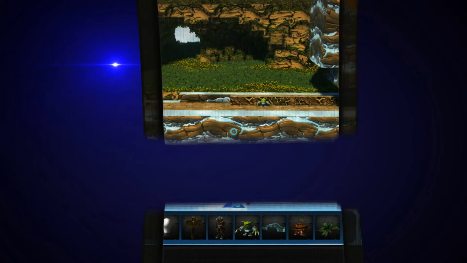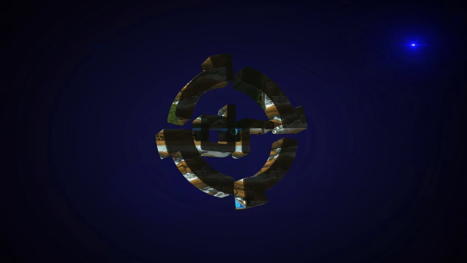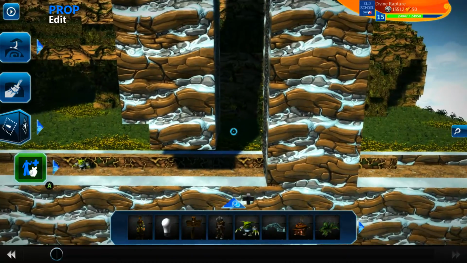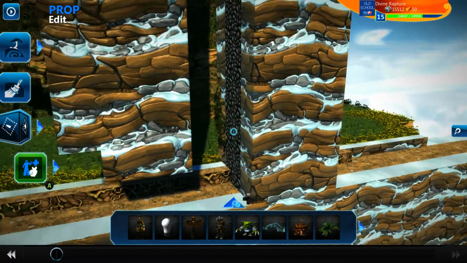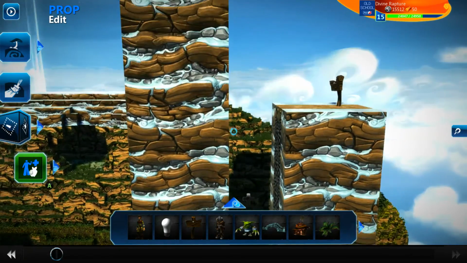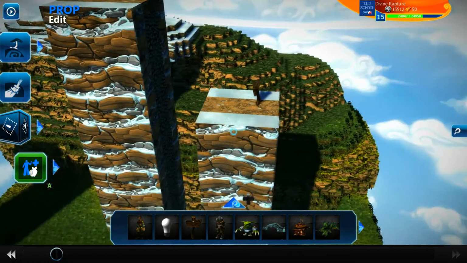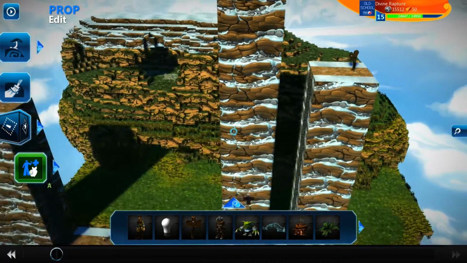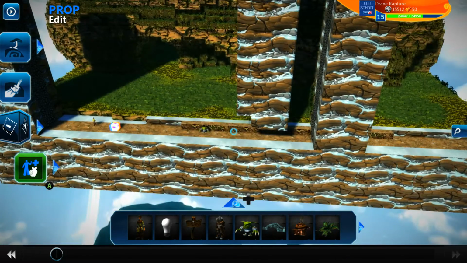Hey guys, and welcome back to another video, this time again looking back into 2D side scrollers. What I have set up here is this little scenario where we have two flat walls that go up some ways, and our job is to get to the top of one of them. But there's no normal way to do that, so what we're going to do in this video is